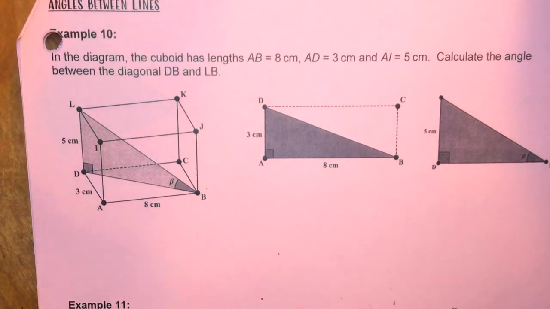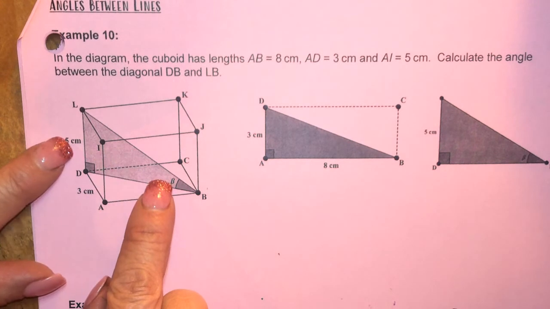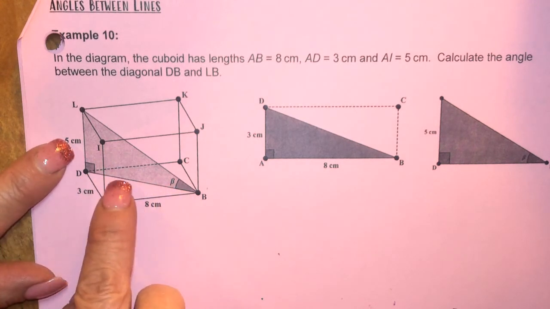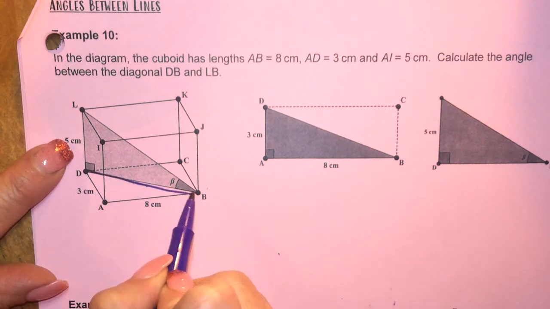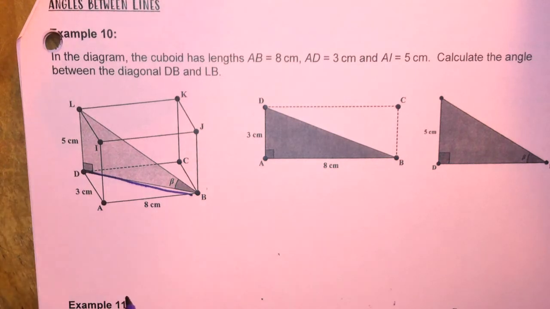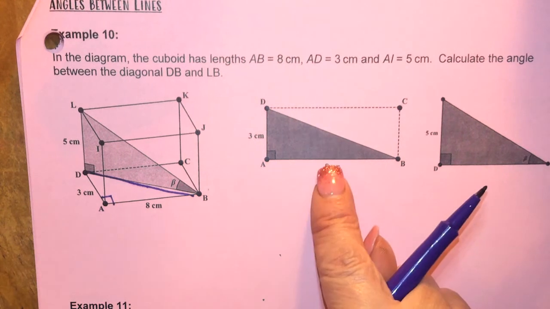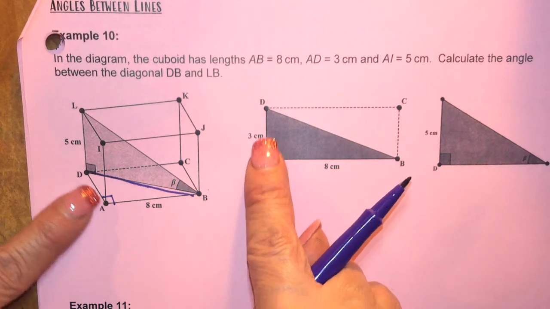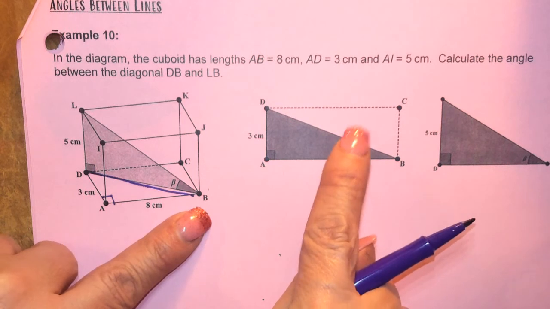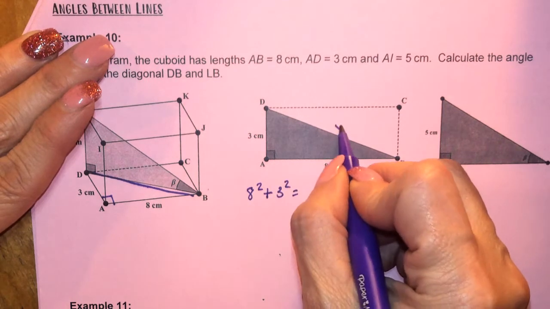In order to do this, we can probably use a trig ratio. It's a right triangle, and this is the opposite side, which is 5, and this would be the adjacent side. But the dilemma is I don't know this length. Can I figure that out? Yes, this is a right angle here, correct? I drew it apart over here. This is the base of the cuboid. So this is A, this is D, and this is B. Let's figure that out. So let's do 8 squared plus 3 squared equals, let's call this X